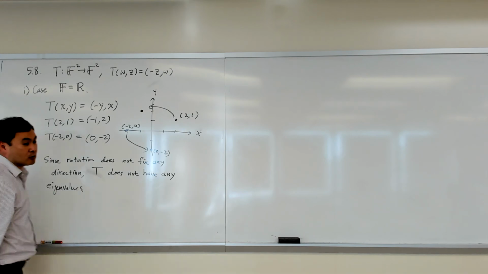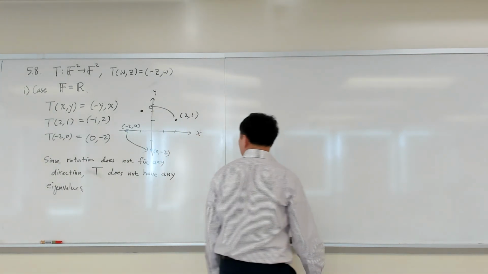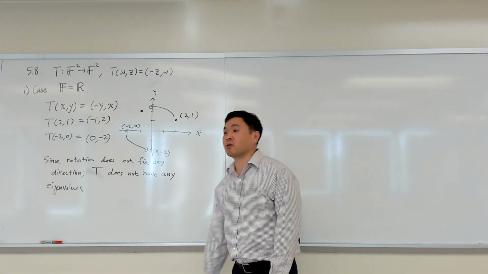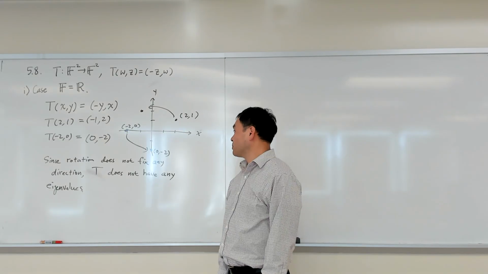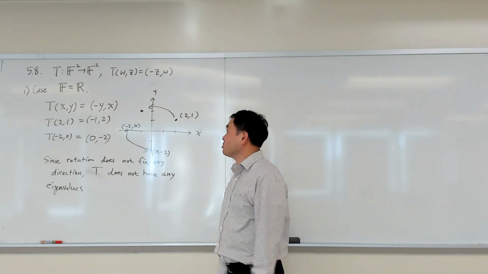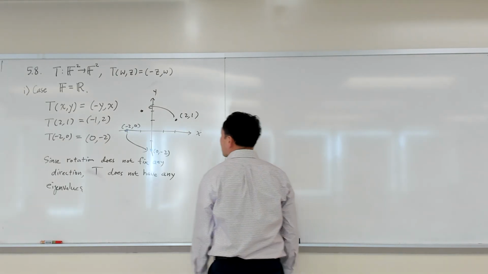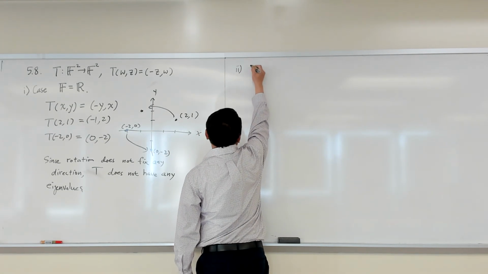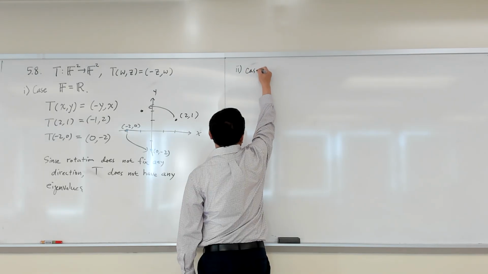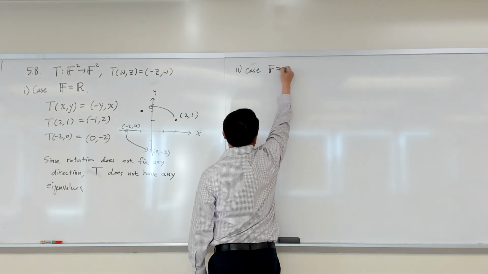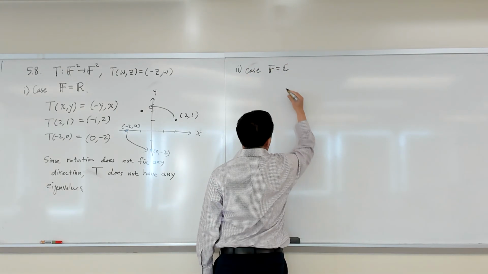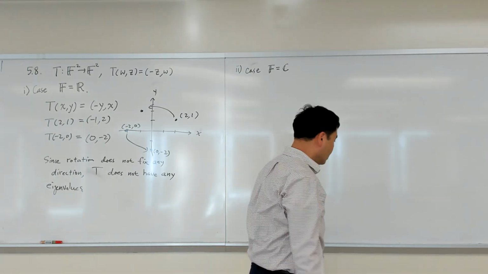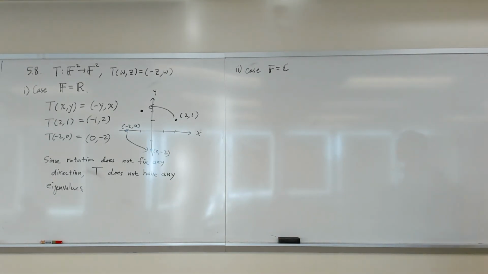Okay, so the only thing that gets fixed under T is just 0 itself. T does not have any eigenvalues. On the other hand, if you have the case where the base field is equal to C, then